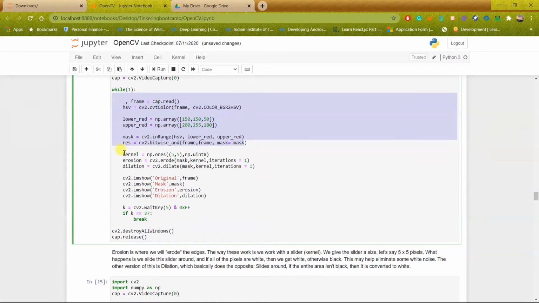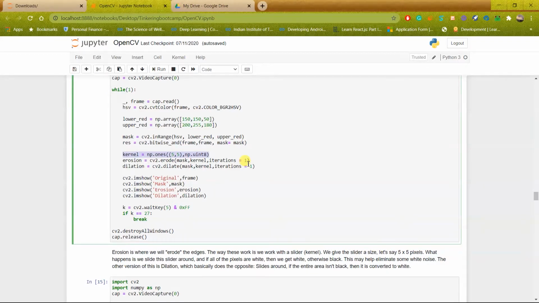After that I specify a kernel, a 5 by 5 kernel like before, and after that I use the erode function, cv2.erode, and in the first argument we give the mask which we created using the HSV as our input, and after that we give the kernel which will be used as a slider, and after that we mention the iterations. So iterations is how many times the slider will move through the whole screen.